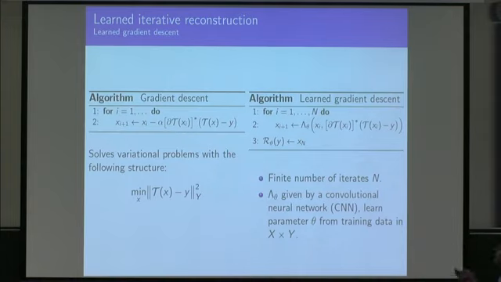So we say, okay, why don't we retain the pieces that make up this updating, the previous iterate and this derivative, the gradient expression for the objective, but we learn how to combine them from training data. So let's give you somehow a learned gradient descent.